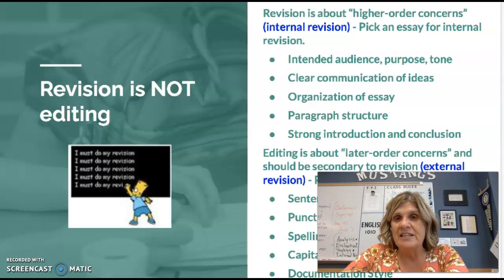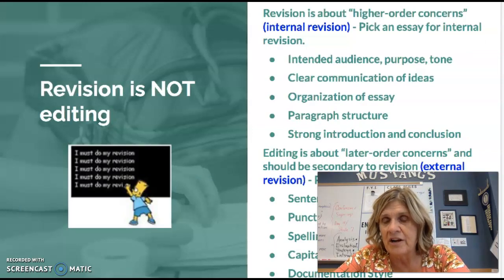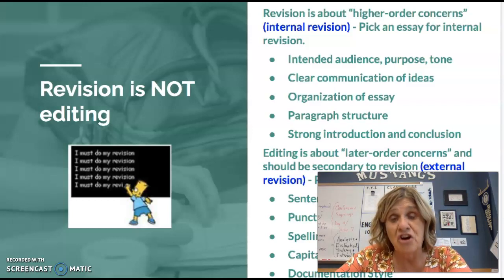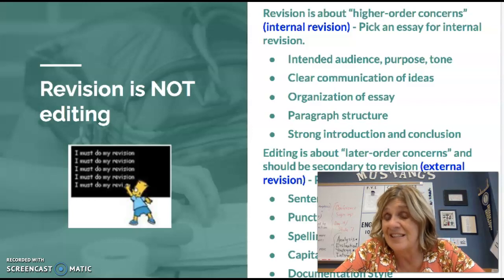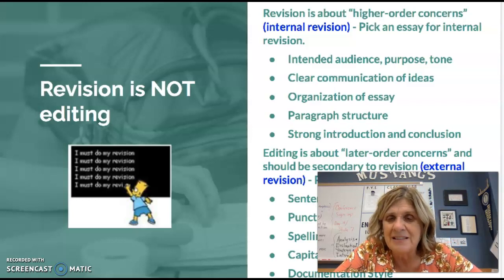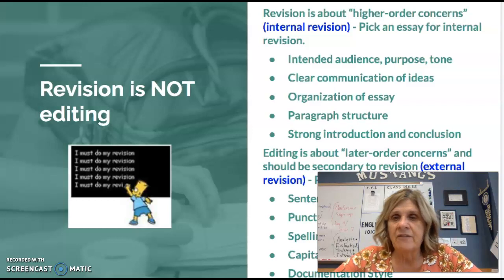The word revision is not editing. The top part of the slide talks about internal revision. This is the hard stuff, and this is where I want you to spend the majority of your time. If you look at the most rubrics for this class, about 70% of your draft is making sure the internal part of the essay is well done. So you can pick some of those and focus on it between now and Thursday when your observation essay is